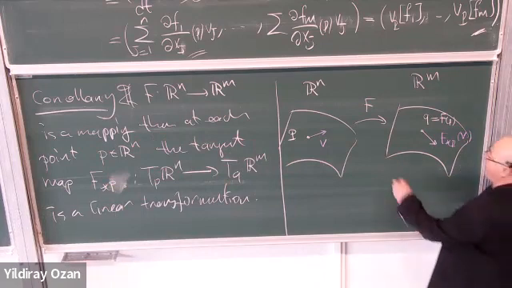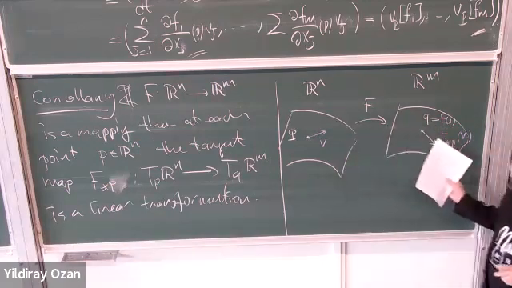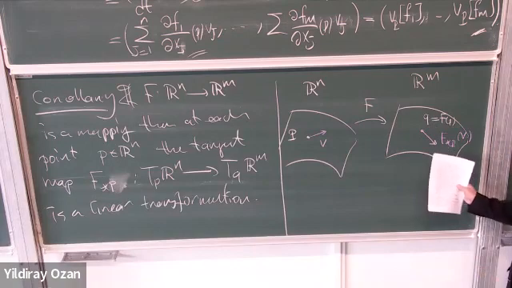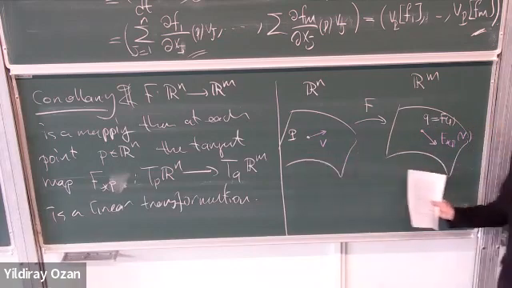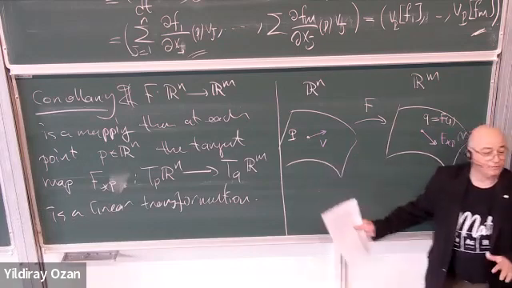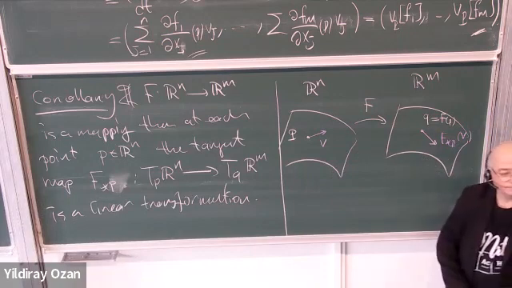F takes points to points and its derivative map takes tangent vectors to tangent vectors. Okay, so as the differentiable function F takes points to points, its derivative takes tangent vectors to tangent vectors. Okay,